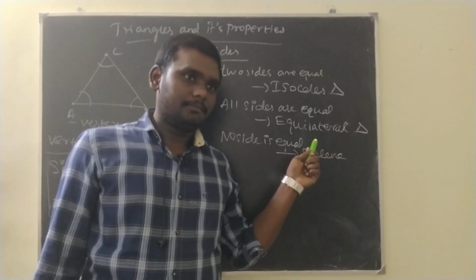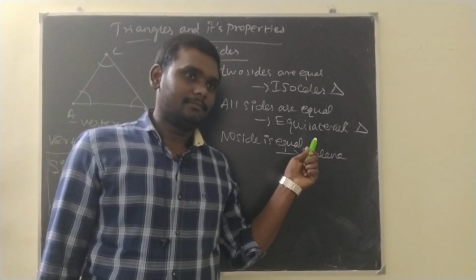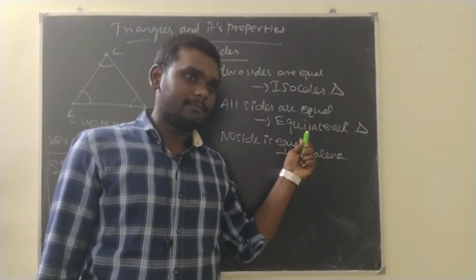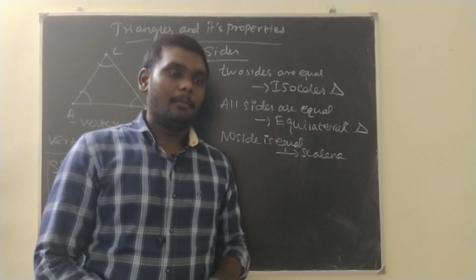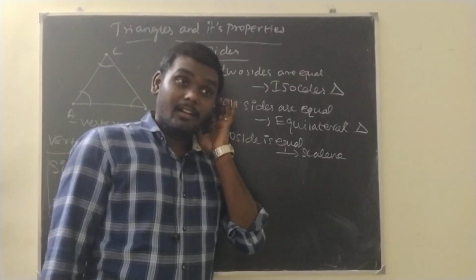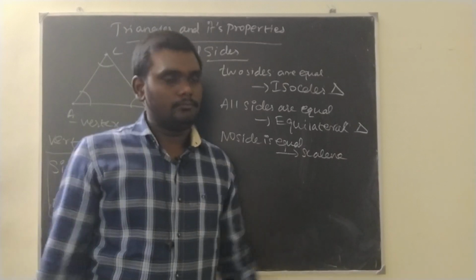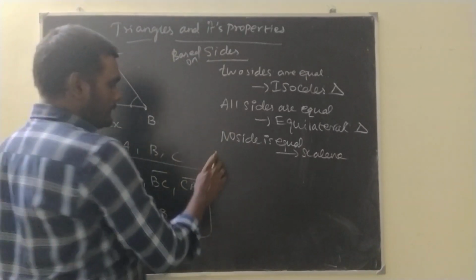Yes. 2 sides are equal. If you take any 2 sides, will they be equal or not? So all the equilateral triangles are isosceles. But shall we say all the isosceles triangles are equilateral? No, we can't. Okay. And based on angles,